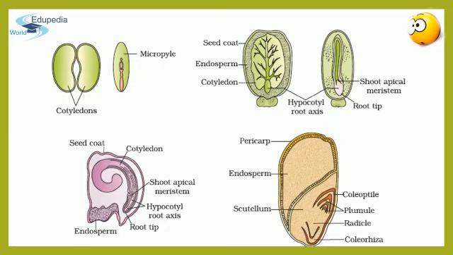Mature seeds may be non-albuminous or albuminous. Non-albuminous seeds have no residual endosperm as it is completely consumed during embryo development, commonly found in pea or groundnuts, while albuminous seeds retain a part of endosperm as it is not completely used up during embryo development, commonly found in maize, wheat, barley, castor, sunflower, etc.